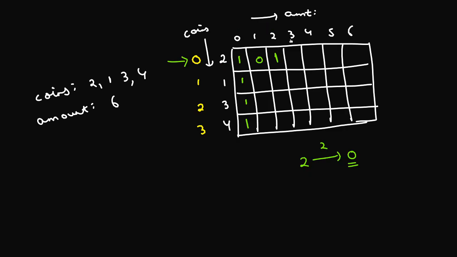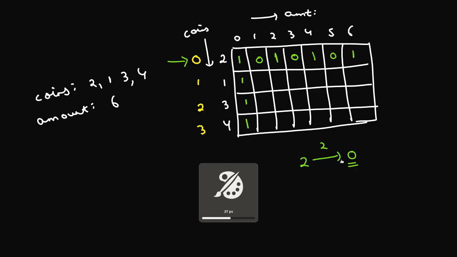Now if you have to create an amount of 3, if you use the coin of denomination 2, 3 minus 2 is 1. You can see that at this particular position you are having a 0. So there's no way in which you can do that. So it's going to be 0. If you have to create an amount of 4, and you use this coin of denomination 2, you just jump back to this value, which is 2, and you see that using the coin of denomination 2, if you have to create an amount of 2, there's only one way for that. So you just copy that value 1 here. Similarly, this is going to be 0 and this is going to be 1.